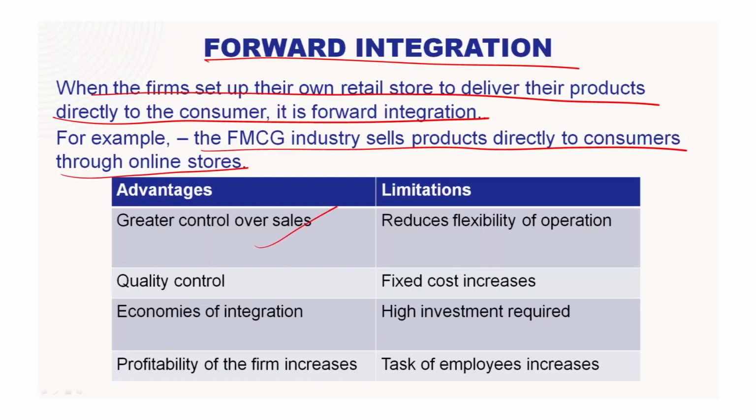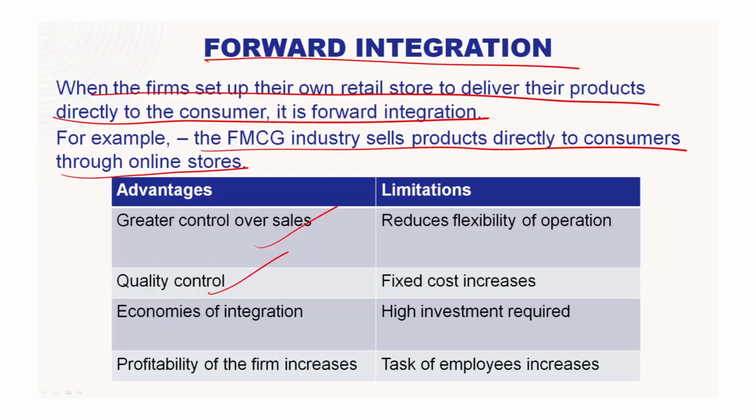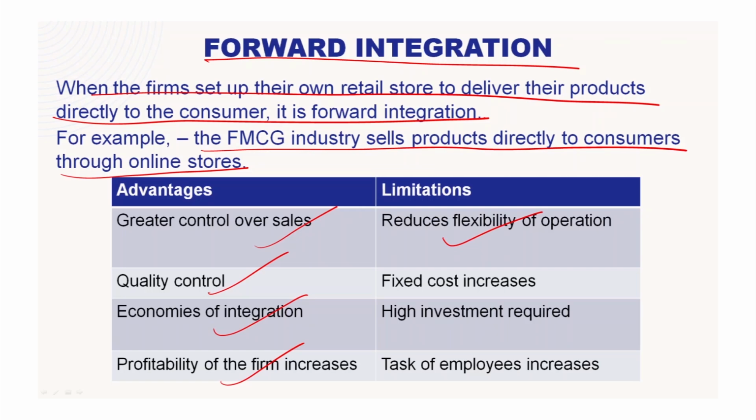Greater control over the sales, because they do not rely on the middleman, they can rely on different internal sources as well. Quality will be there. Economies of integration. Profitability of the firm increases. So these are some of the benefits when you remove the middleman and act as a direct vendor to the consumers. Reduces flexibility of the operation, the first limitation, because